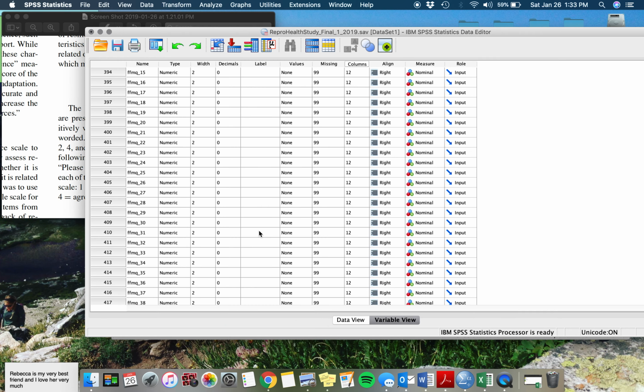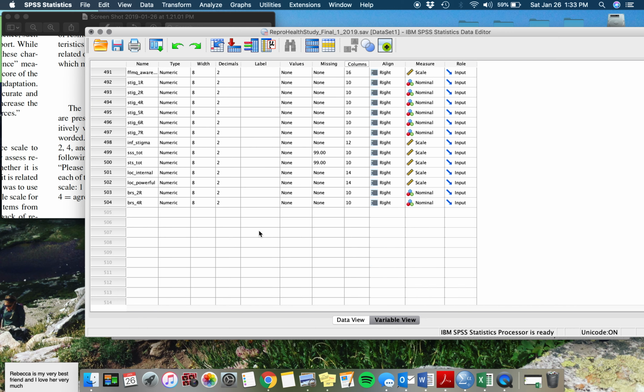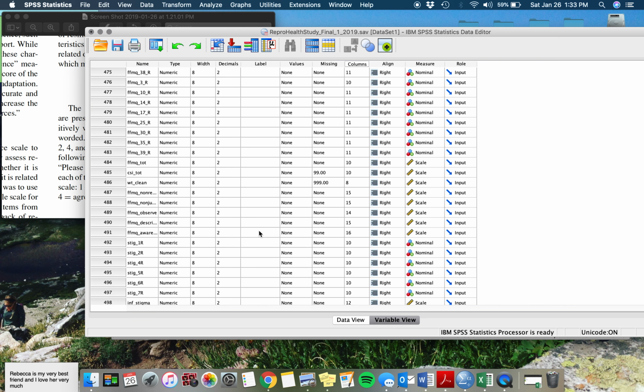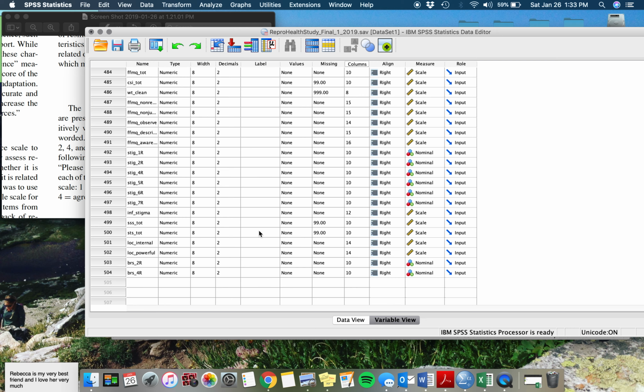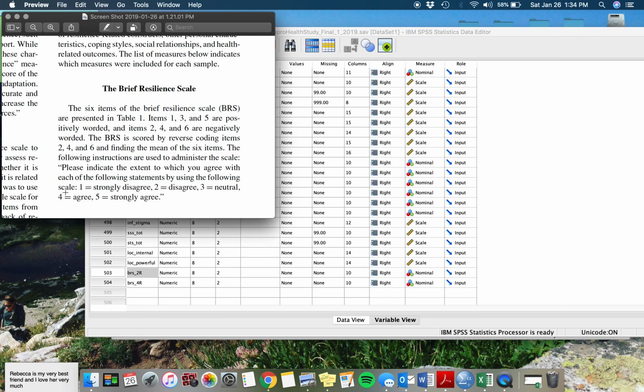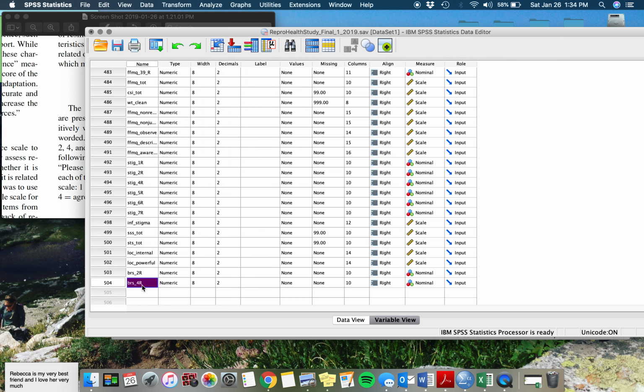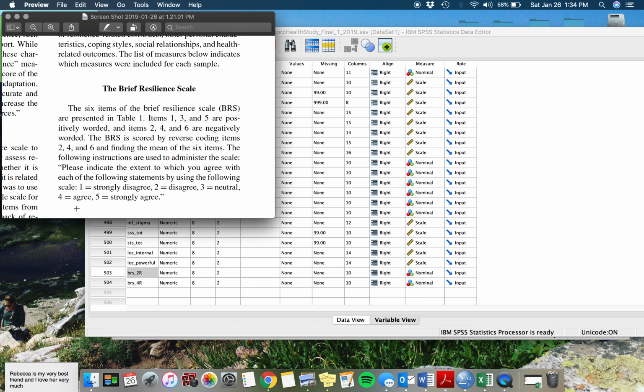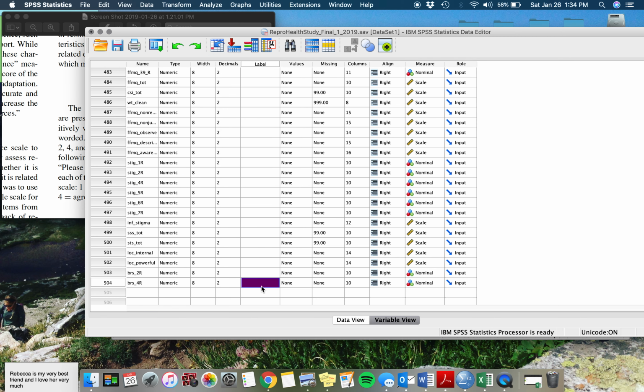So if we scroll down in Variable View, we can see that, whoops, my computer's losing it. We can see that these 2 were made. And then we would just use the same process that we watched the video on simple adding codes in order to get the final score, keeping in mind that with this scale, instead of adding 24, you have to find the mean. So I hope that